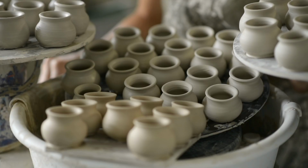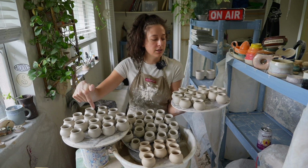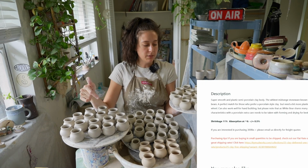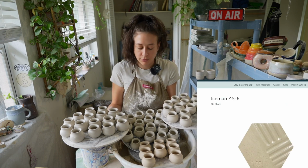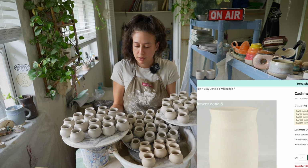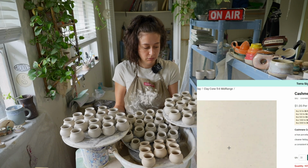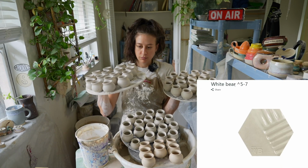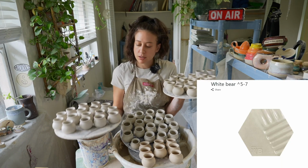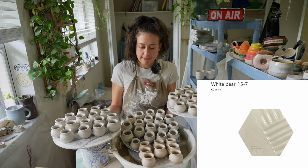All the gray ones, they look pretty similar? They do look very similar. These two look identical. So this is the New Mexico Cashmere and Iceman look identical. Here's what the Cashmere looks like on the website. Here's what the Iceman looks like on the website. What do they look like tile-wise? Similar. Iceman looks a little more beige. Cashmere looks like it has some speckling. And then here's the White Bear. Cashmere is definitely whiter than Iceman. Yeah. And then, all right, the next one will be